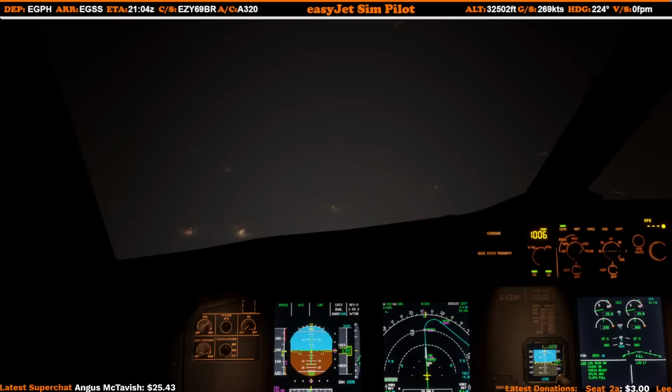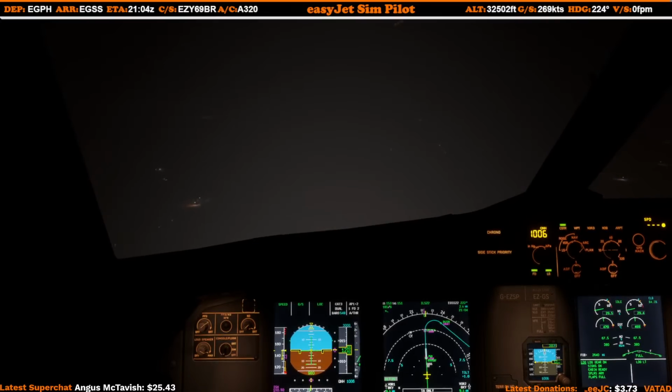1,000. Landing checklist. Cabin secured, go around altitude 3,000 feet. If we go around, there is traffic in front of us. If we need to go around, we're...